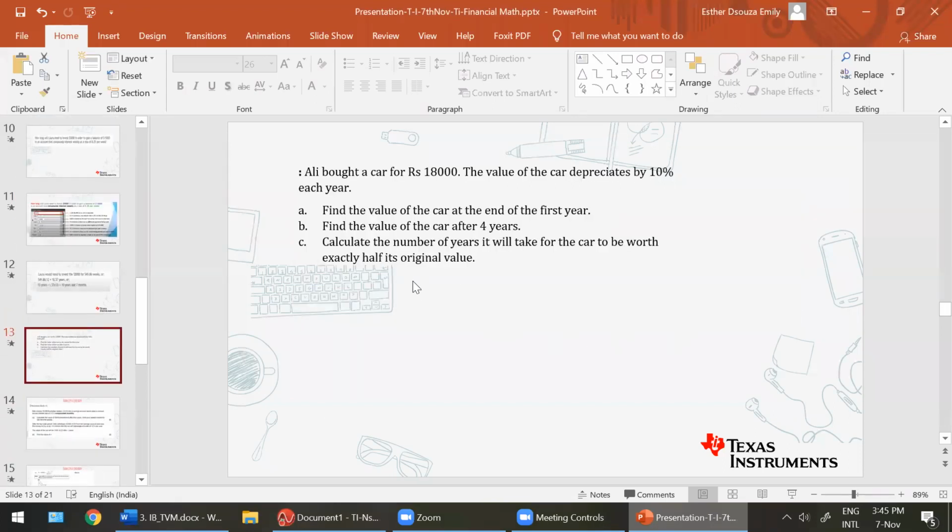Okay, now just for fun, I thought I'll put in a question on depreciation to have you play around with. So students, what will I be in this case? Please type in the exact value of I in this case. I'd like to know from you, what would the value of I be? Just the value of I. Please type it out in chat. I'm not interested in knowing any of these answers, A, B, C, as of now.